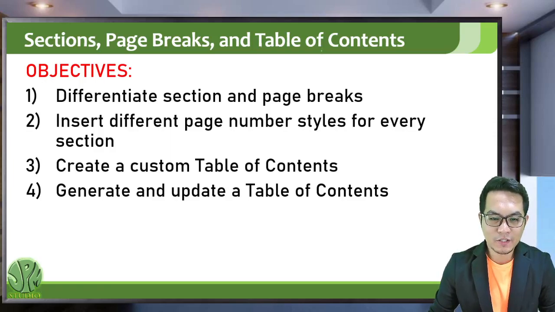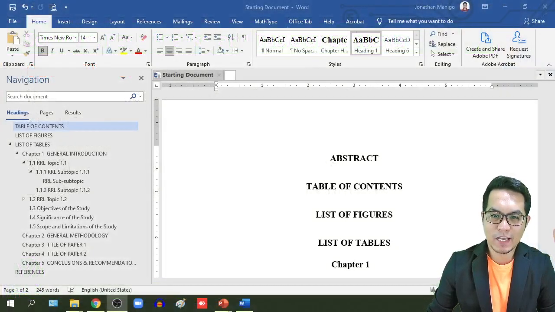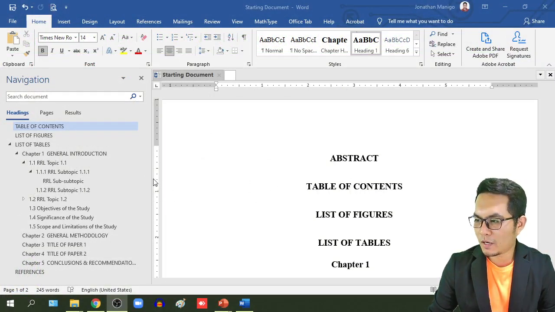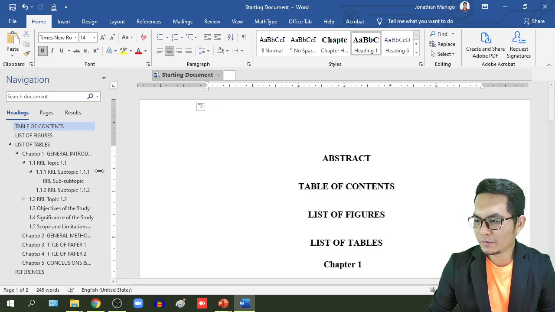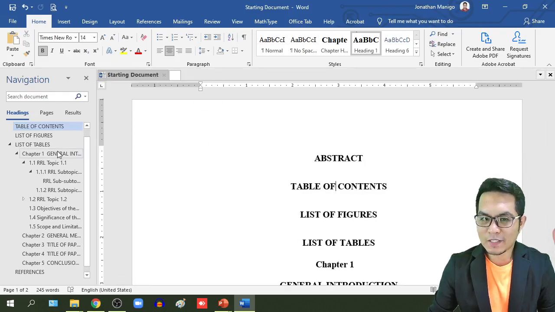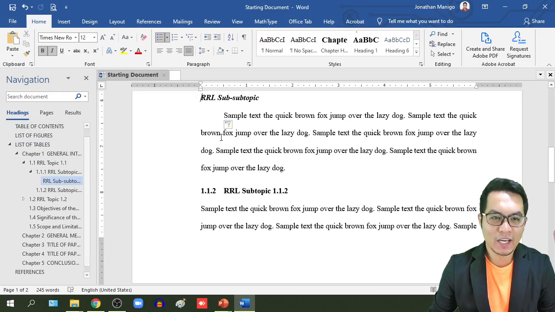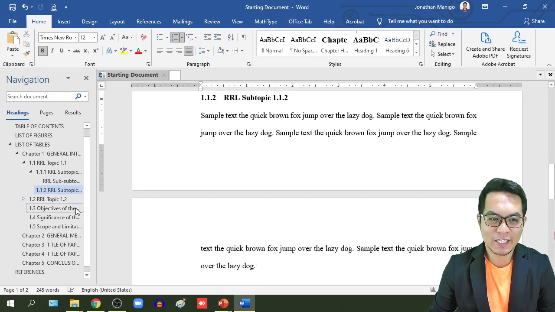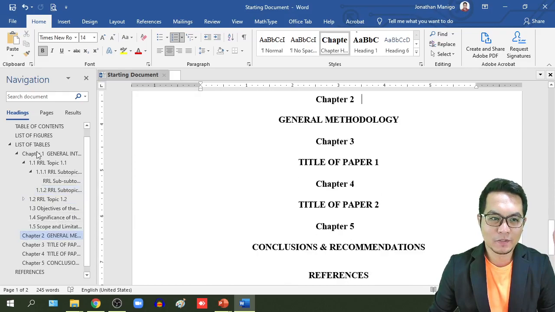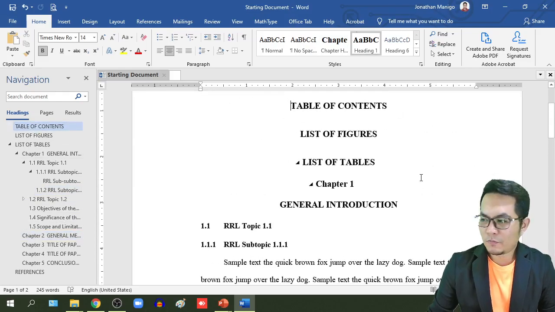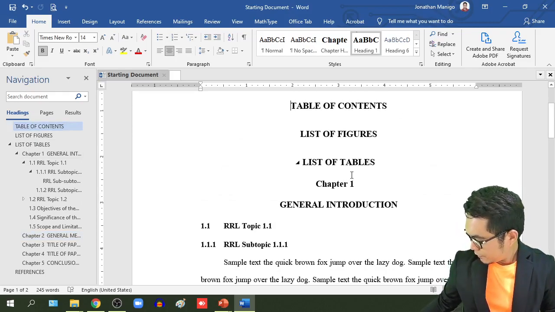So we will still start with our document in the previous lesson. In the previous lesson, we already applied styles to our document. We have enabled the navigation pane so that we can easily just click and go directly to that topic or subtopic, or to that heading essentially. So for this lesson, we will start